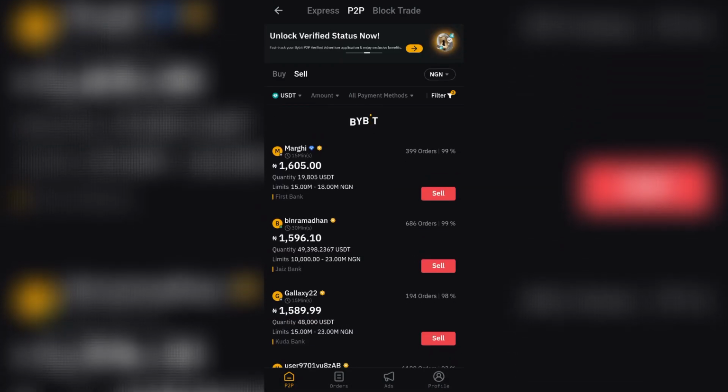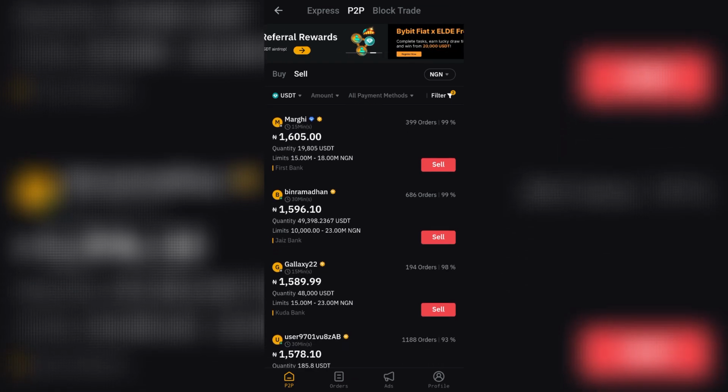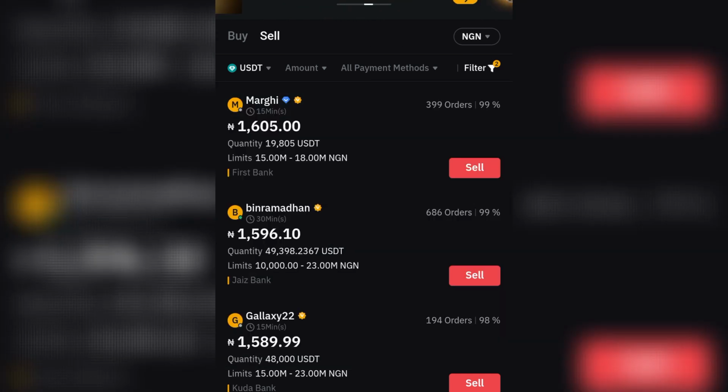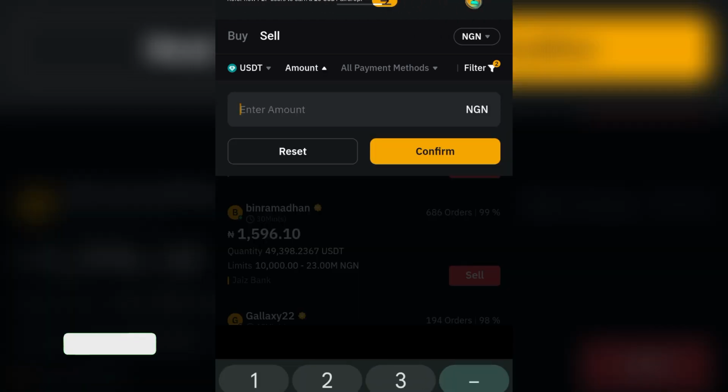So guys, here is where another filter comes in. Let's click on filter again, just like so. Remember, we are selling 100 USDT. That is about 150 to 160,000 naira at the moment. So we click on amount here. Once you click on amount, then you can input the amount, which is